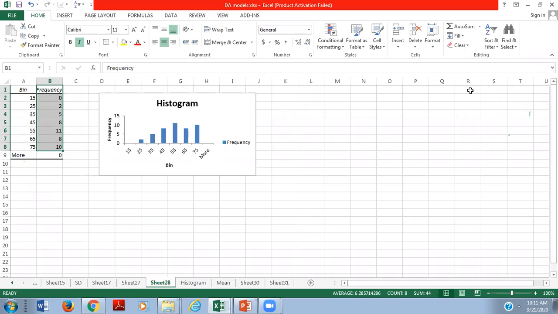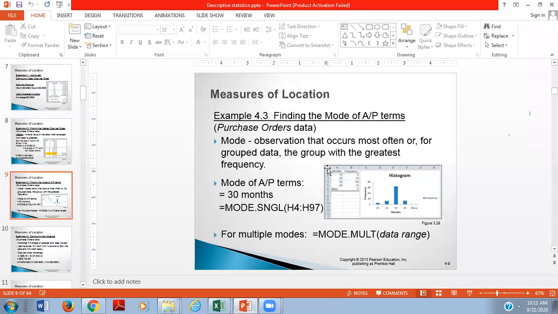The maximum frequency that appears here is 55, 11, right? So we can calculate the mode with the help of a tool, the histogram, where we can find the particular observation that occurs most often, repeating most. That is the mode.